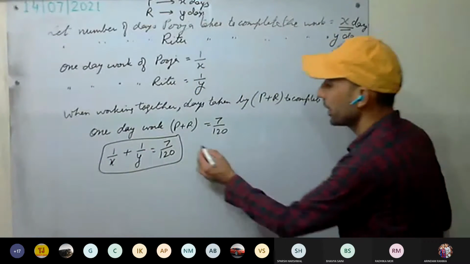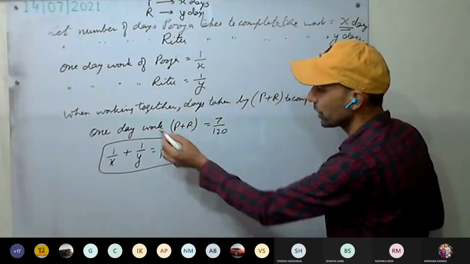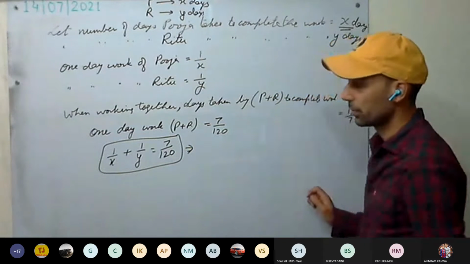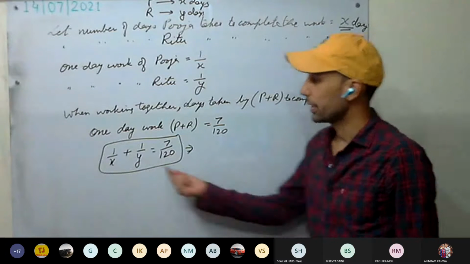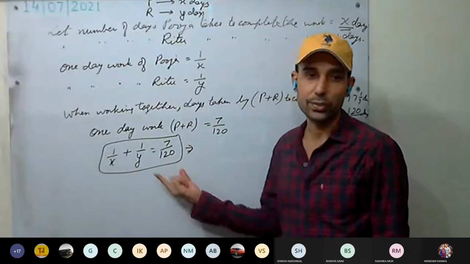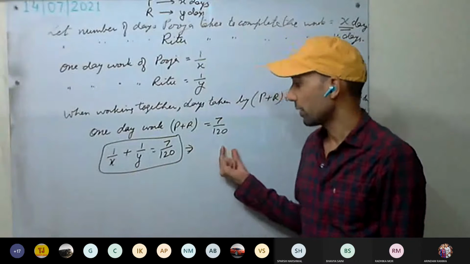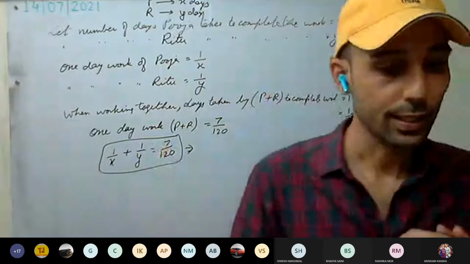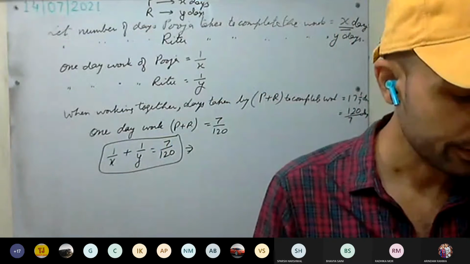Yes. Okay, so we can rewrite this equation. 120 we can take that side if you want, or leave it as such. That's up to you. Either you can multiply or leave it as such. We'll see afterwards whichever is easy. So we are leaving a little space. Okay, this is clear. Now see the second part.